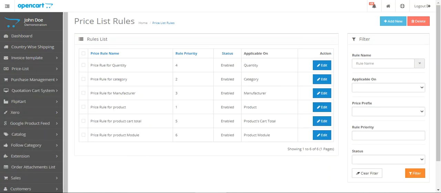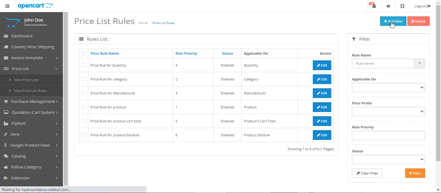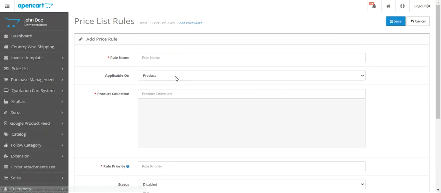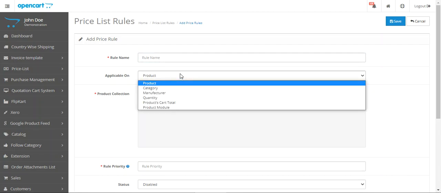So I'll just open that page. So here you can see that we have created the price rules for quantity, category, manufacturer, product. So these were the rules that we were able to select for our price list, as you remember a minute ago. To add a new one, you can tap here on add new. You can delete them, you can edit the price list rules, you can set up the rule name, you can choose this price